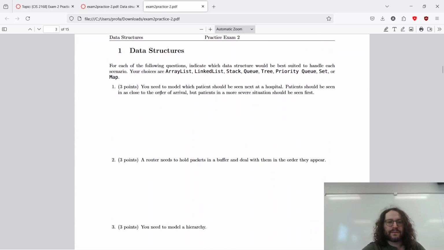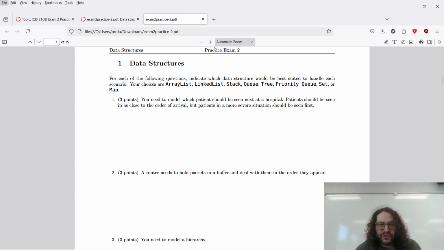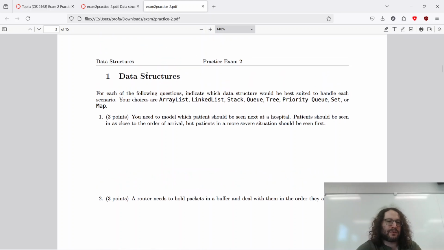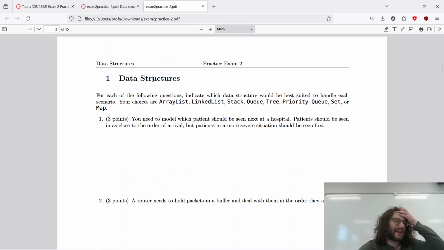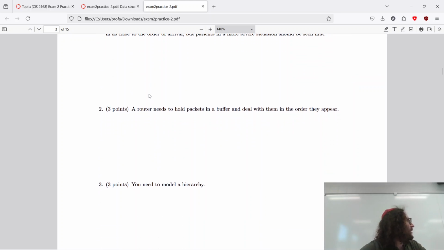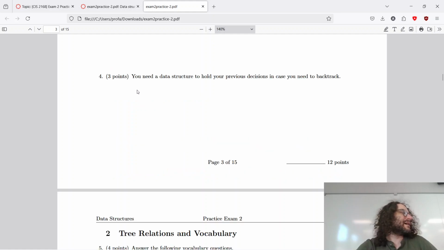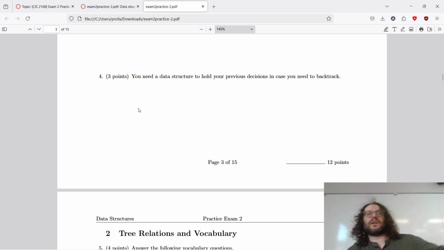So here, this is also a kind of question there will be on the first page of the exam. I'm very fond of asking questions like this on the final exam too, which is, hey, here's a bunch of scenarios. Tell me which data structure we should use for this scenario. It becomes even better the more data structures we know. This is not uncommon for data structures exams, because part of why we learn data structures is sometimes just knowing the right data structure to use solves